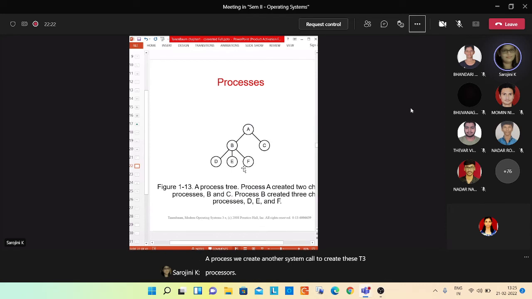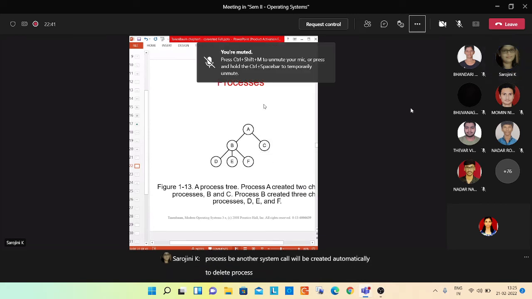After deleting these three processes, another system call will be created to delete process B. After deleting process B, another system call will be created automatically to delete process C, and then only process A will be deleted.